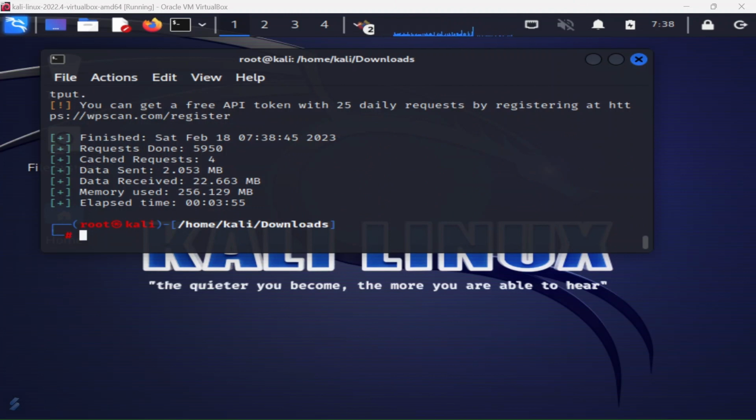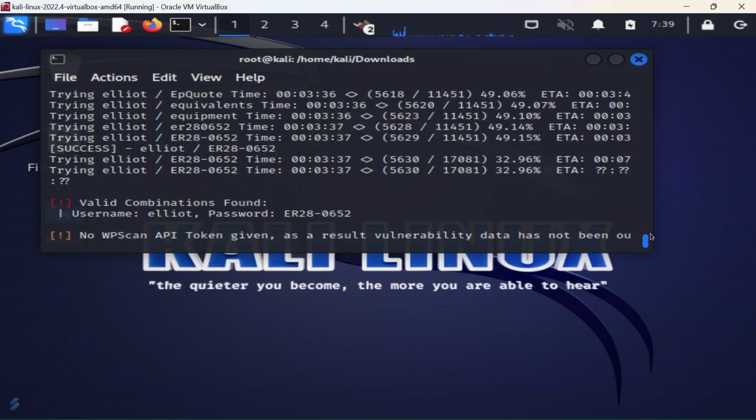Okay, so the search is finally finished. As you can see on screen, it's given us a report of the vulnerabilities that it has found. If I scroll up on this screen, you can see here that it actually found a valid combination between the name Elliot as the user and the password ER280652. So if I copy that,